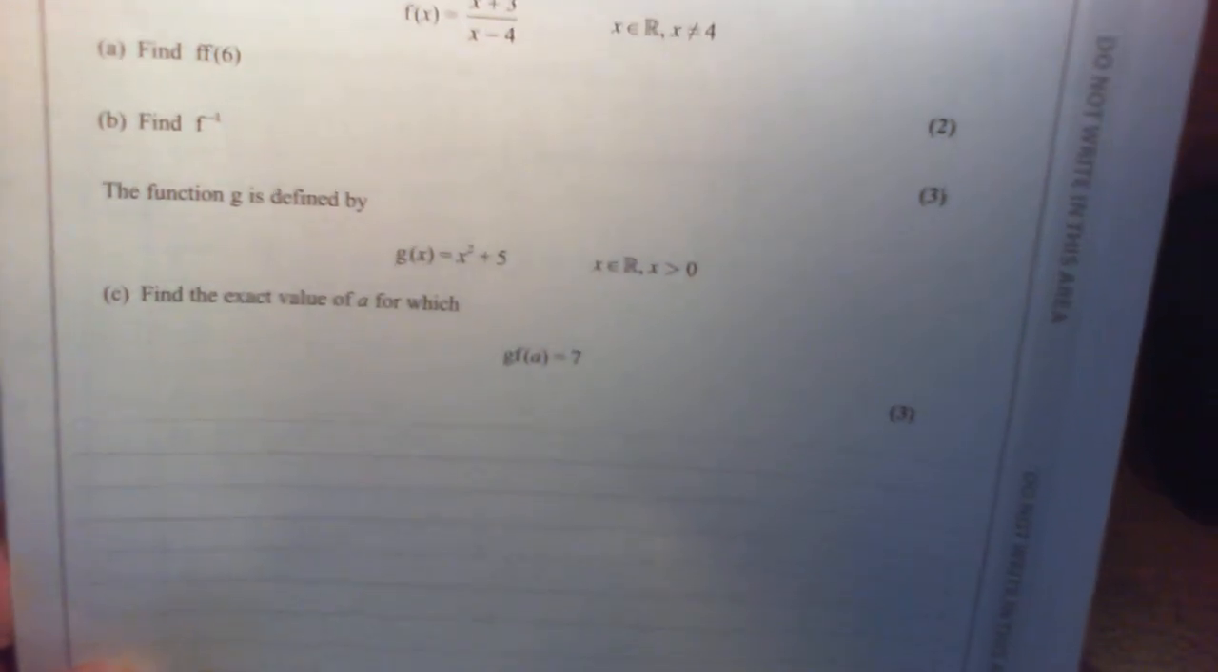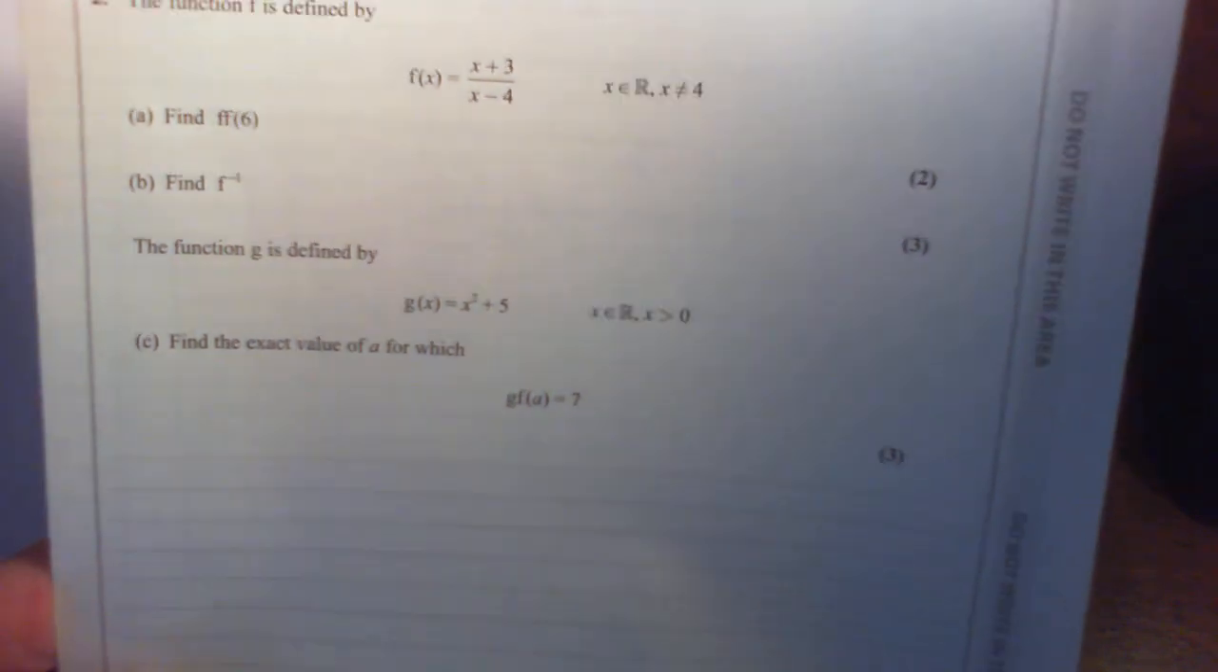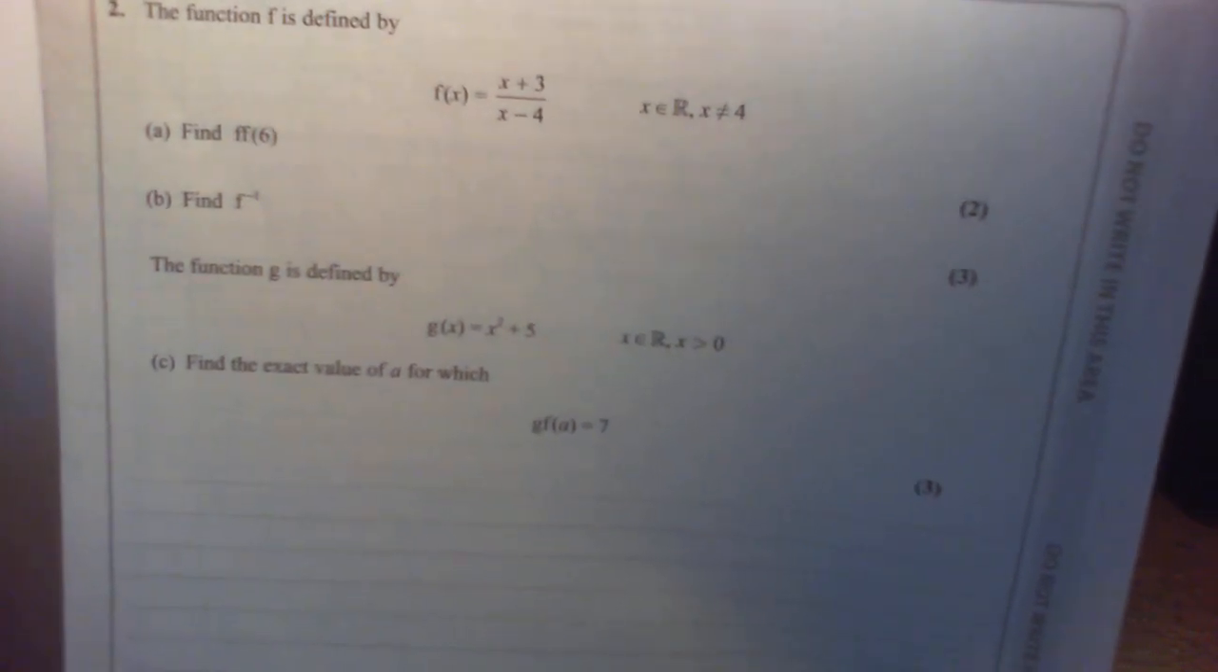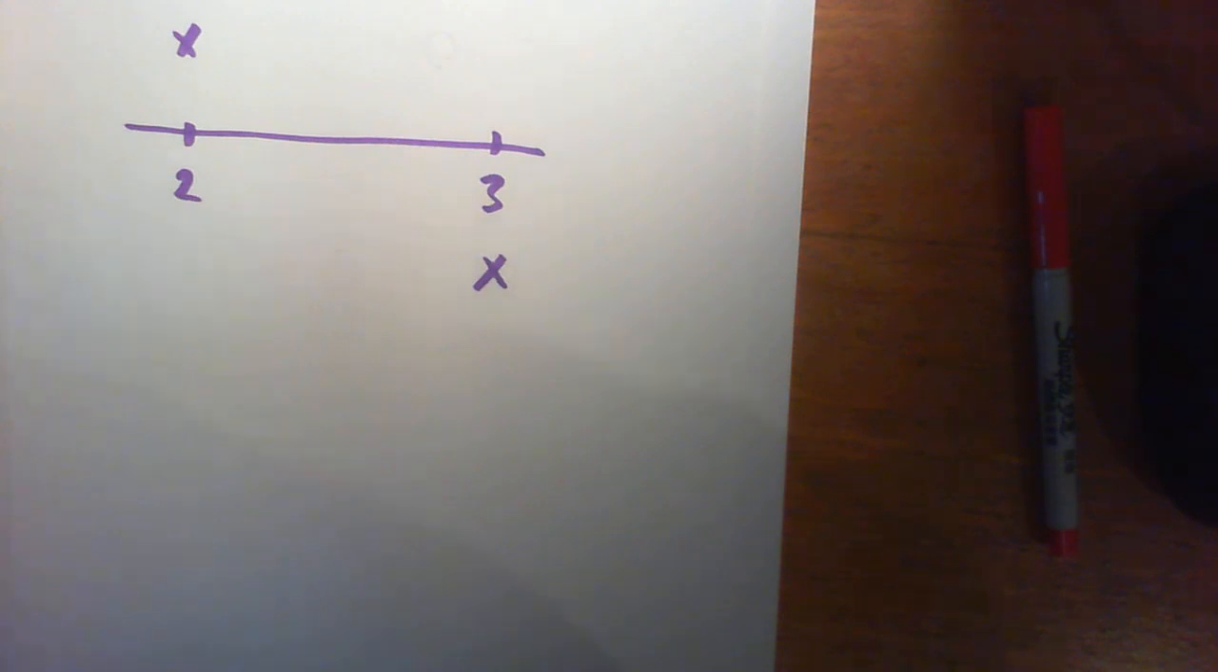Now, number 2. This is actually done fairly well, so I won't say too much about this. I'll just need to look at B, which says find f of -1. The expression for what it's worth was